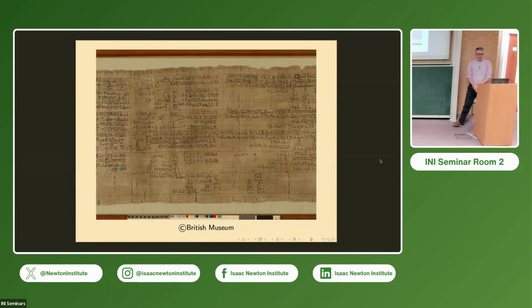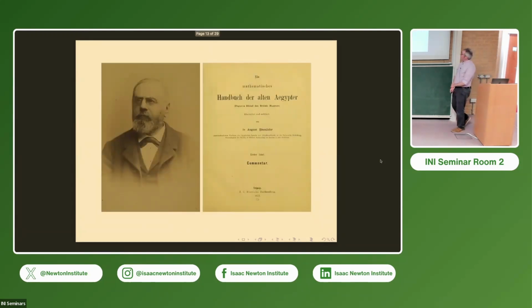you might suspect there's something mathematical going on here, and certainly people did. So there's early correspondence about this with Samuel Birch at the British Museum, referring to this as a geometric papyrus. So there's some excitement that we may actually learn something about ancient Egyptian mathematics from this source. And this gradually happens. So a decade on, the first detailed treatment and translation of the content of the papyrus comes from August Eisenlohr, who is a German Egyptologist.